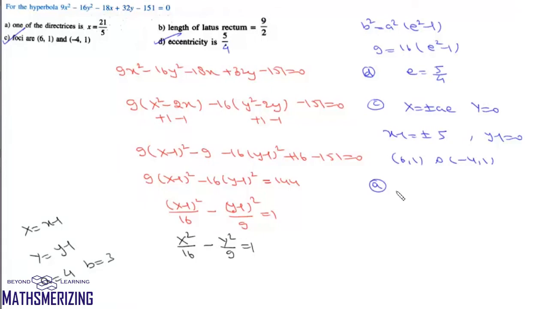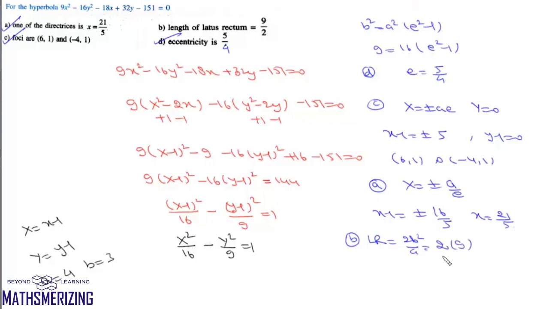Now the equation of directrix is capital X equals plus minus a upon e. So it'll be x minus 1 equals plus minus a upon e. Now what's a upon e? a upon e simply will be 16 upon 5. If we take the plus sign, we'll get x equals 21 by 5, and that's your option number A. Now the last thing is the length of latus rectum. We know that the length of latus rectum is 2b square upon a. So it'll be 2 times b square, which is 9, upon a, which is simply 4. So it'll be 9 by 2, and that's your option number B. So for this question, all the options A, B, C and D are correct.